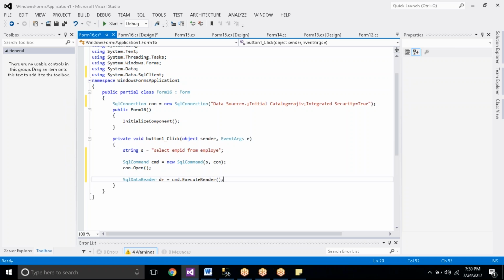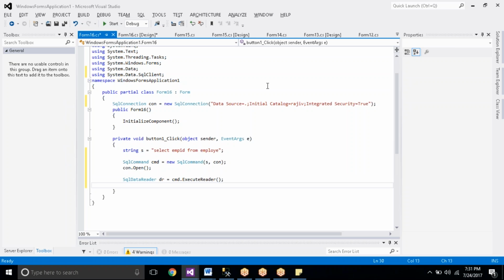We have seen ExecuteNonQuery, ExecuteScalar, and ExecuteReader. Whenever you work with ExecuteReader, it points to the header row. Each and every time we need to call the data reader's Read method to move to the next data row.